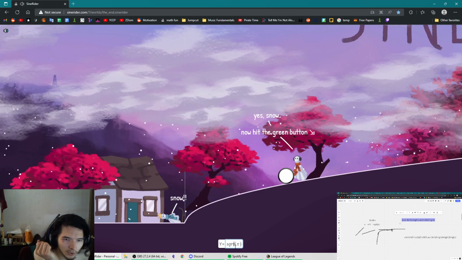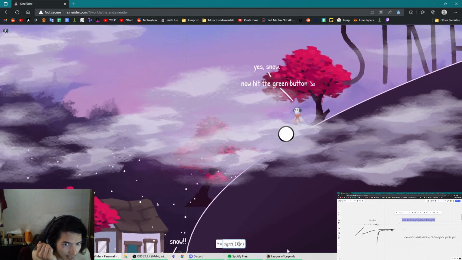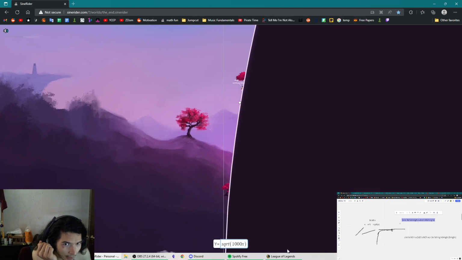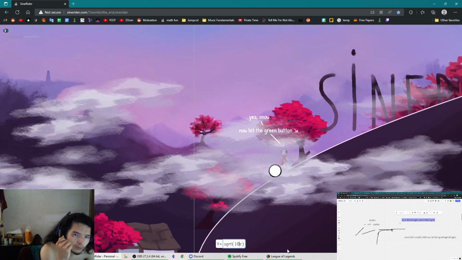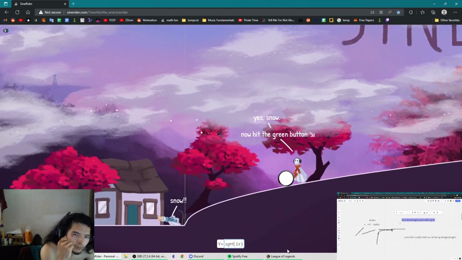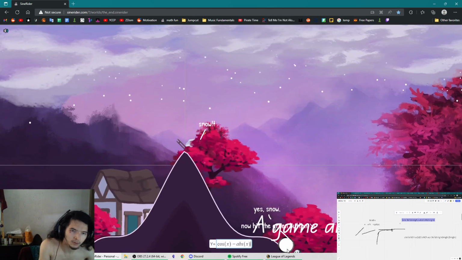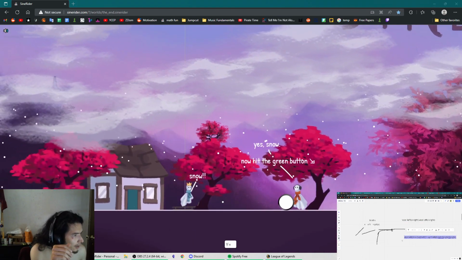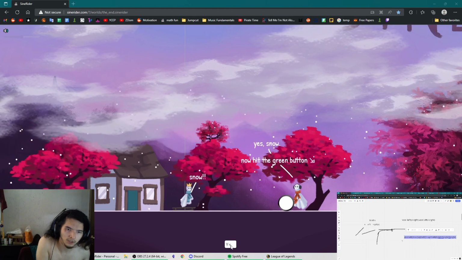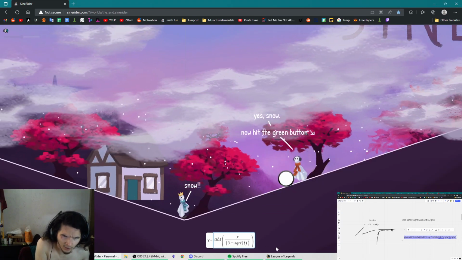But what we can do is adjust these components to make that initial slope incredibly huge. Wait a second, I had it. Nope. Control C. B. Okay, and now